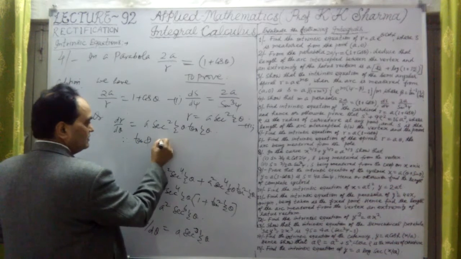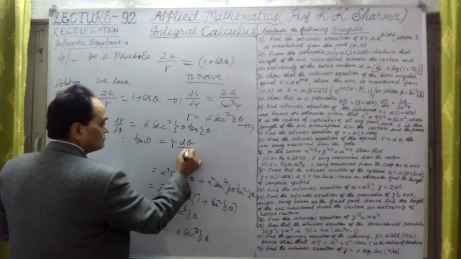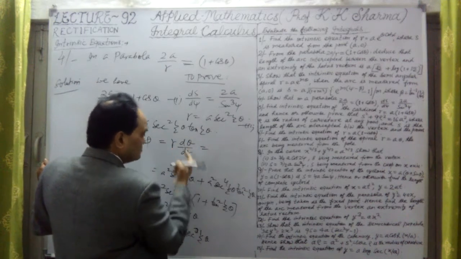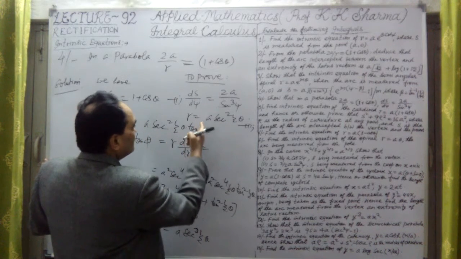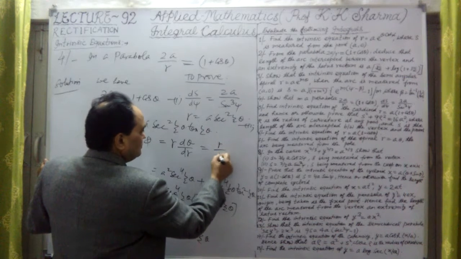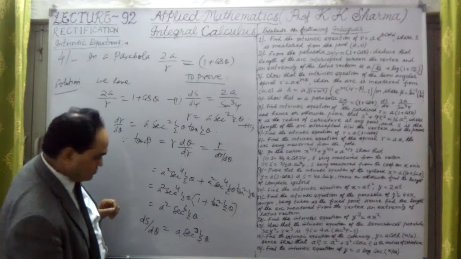Since tan phi is equal to r into d theta upon dr, try to understand. This is r square upon dr upon d theta. So dr upon d theta is this, divided by r, which is this, so we can write r upon dr d theta. Okay, so that will give us,